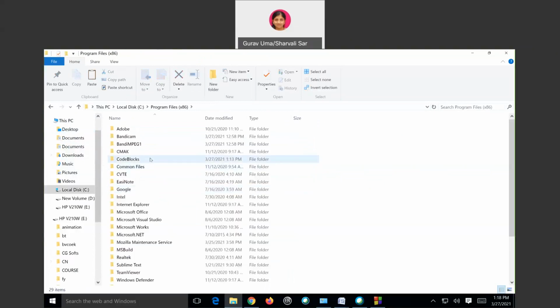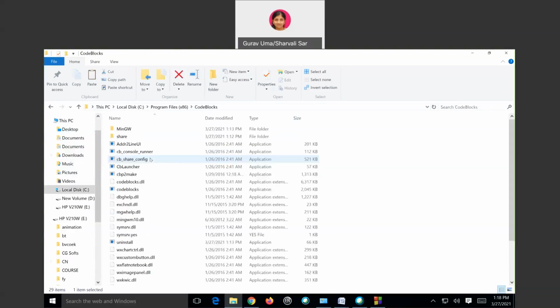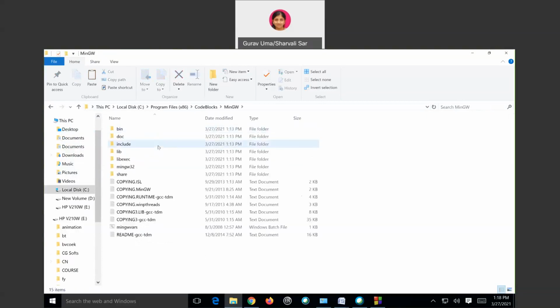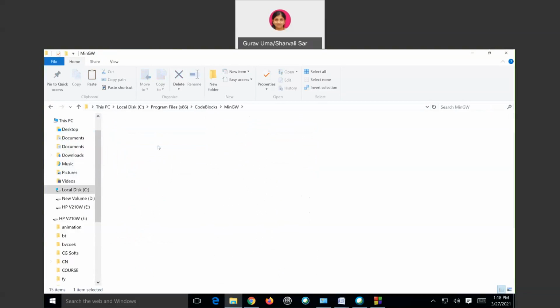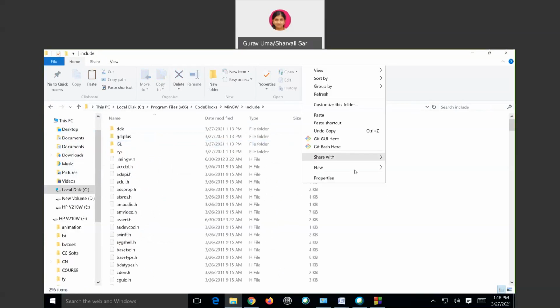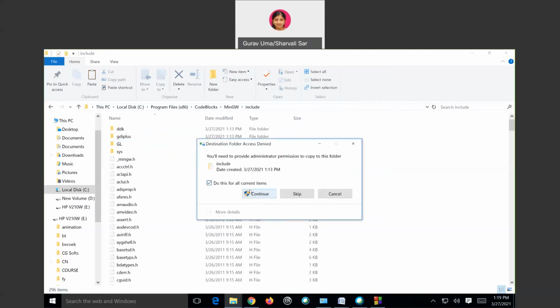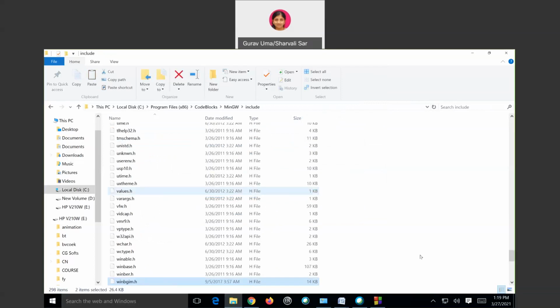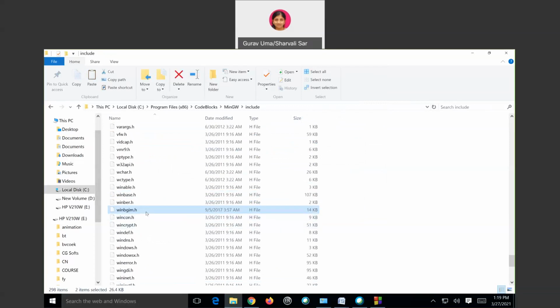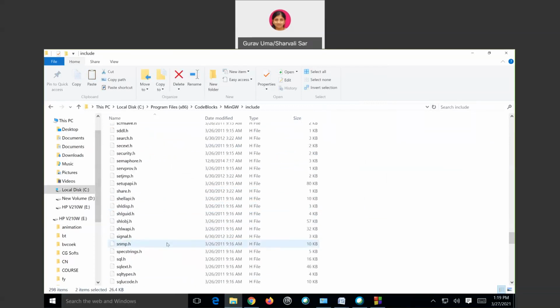Here see Code::Blocks, go into the folder CodeBlocks, then go into the folder MinGW. In that, go into the folder include and paste the files. Paste two files, that is graphics.h and winbgim.h, which we have already copied. So now I have just pasted the files winbgim.h and graphics.h.